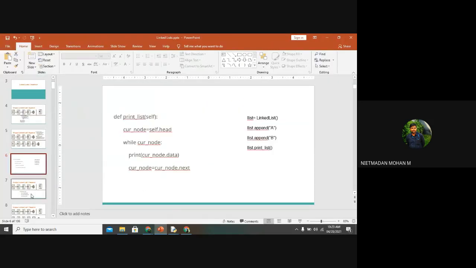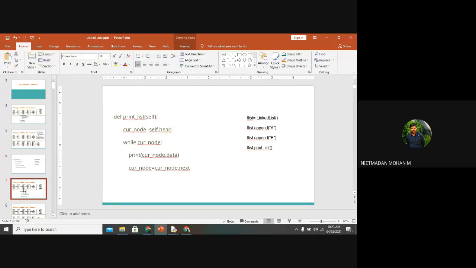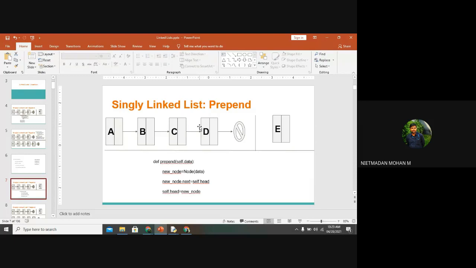And this is the print statement, how to print that the current node is equal to self node. So in print list, the current node is equal to self node. The self node will be printed. With current node dot data, in each iteration the current node will differ, and the current node dot next data will be printed in your list. So you know the function is called the append function.